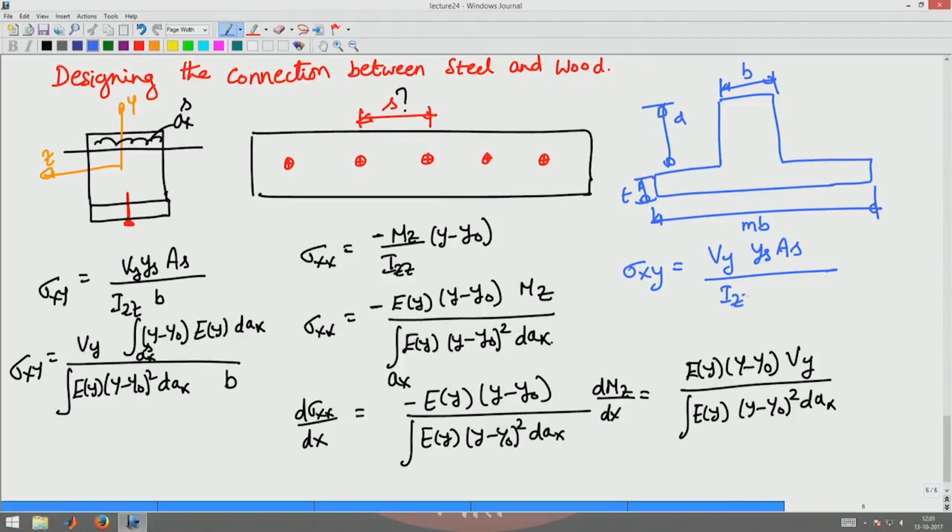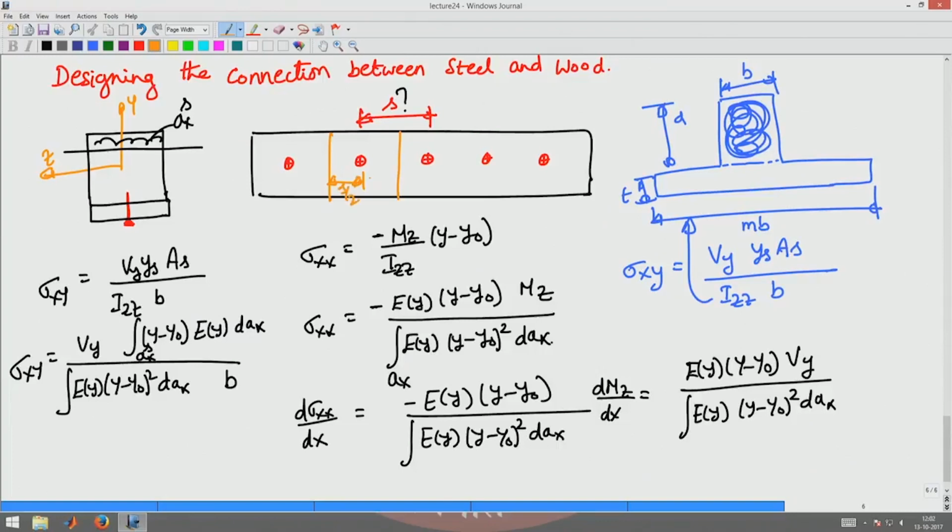divided by Izz of this section times B of that section, okay. So now the problem boils down to the same thing as before, okay. You have a section, you can find ys As for that up to this point, you have to find ys As for this entire region, okay, for that entire region, and then you have to find what is the tributary area of this nail. The tributary area of this nail would be the width of the cross section times s, wherein this is s by 2,